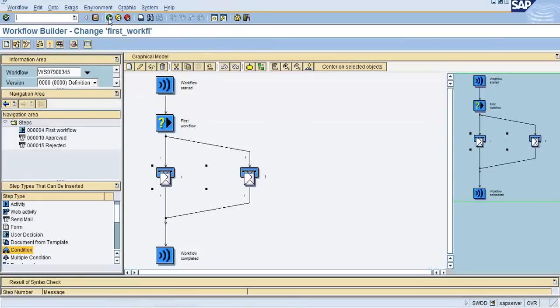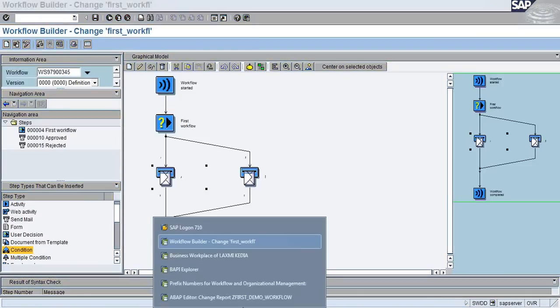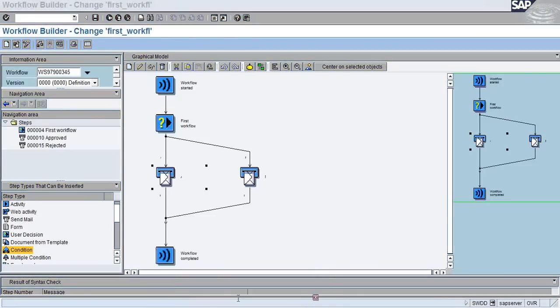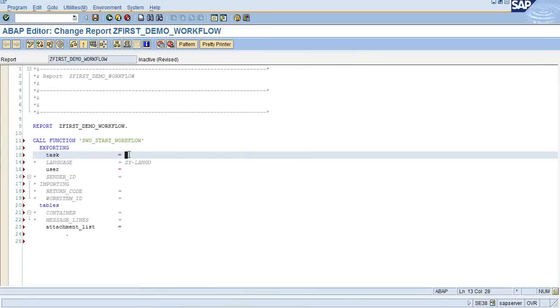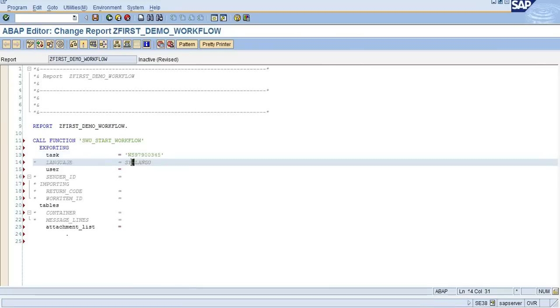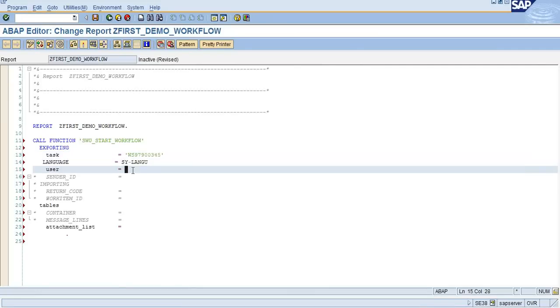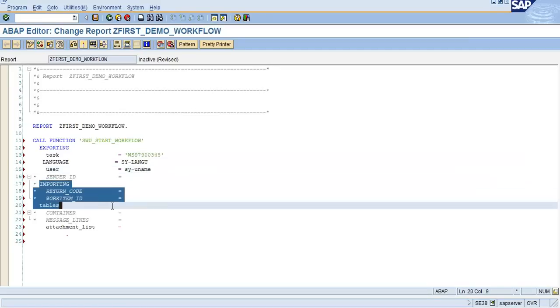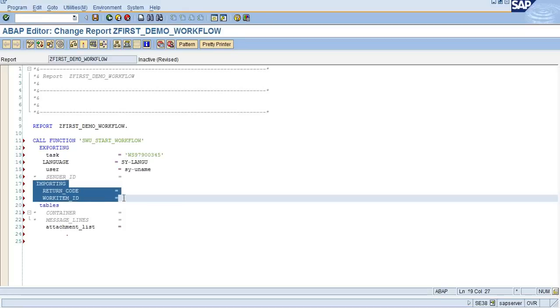Just call this particular workflow, and in the task you will be giving this workflow number. So just copy this workflow number and go to that particular program and give the workflow number in the task. Now in user, give uname,